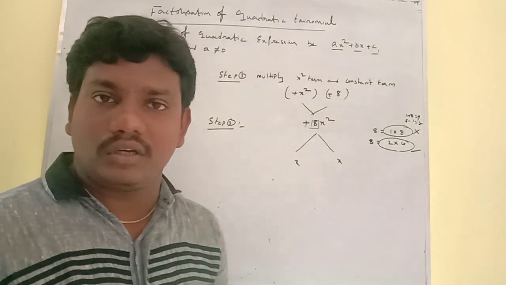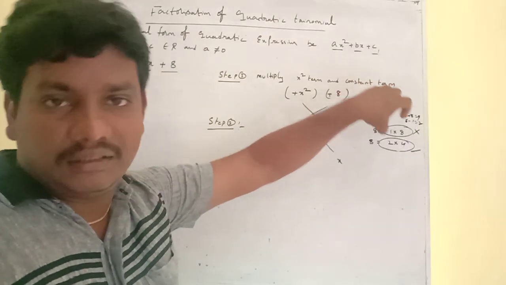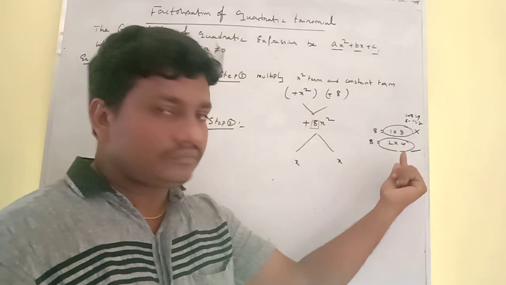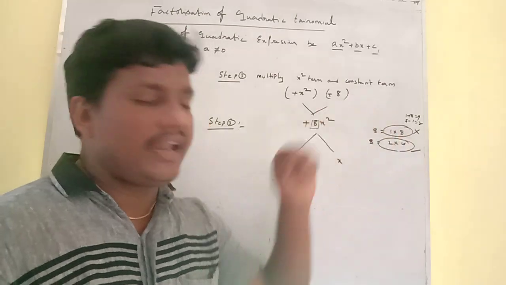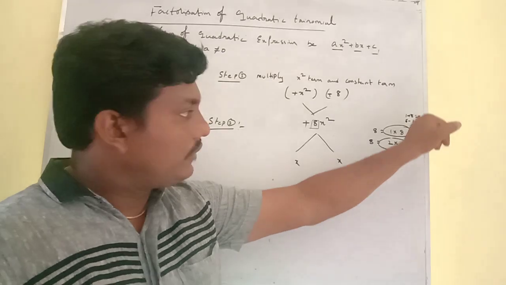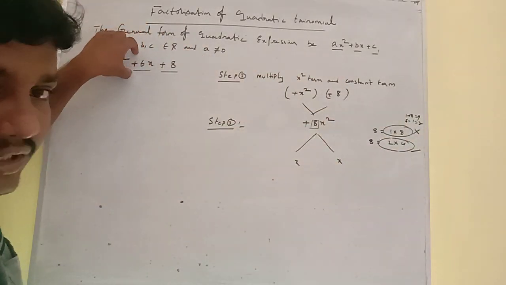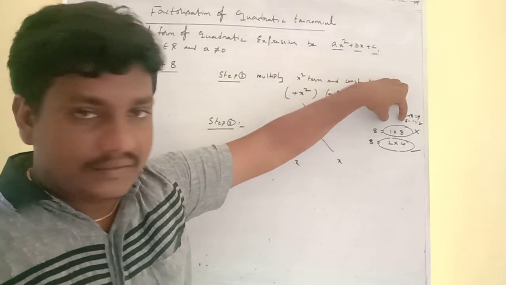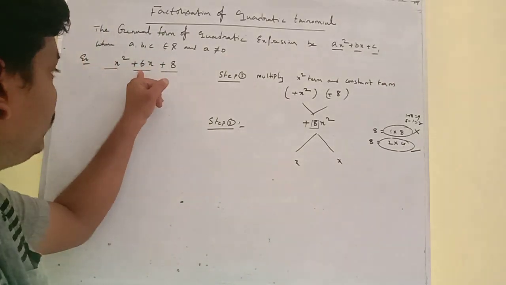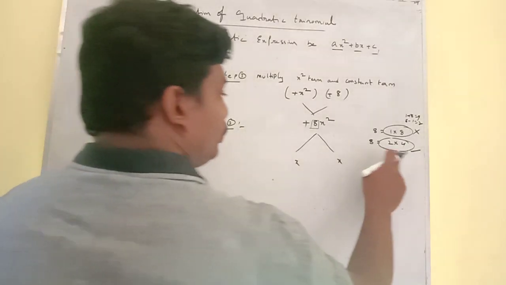Now students, I hope you understand. When are which factors considered? For this product 8, there are two pairs of factors. The first pair is 1 and 8, but their addition is 9 and subtraction is 7. If 9 or 7 were present in the middle term, then we would consider these two factors. But here we consider 2 and 4, because 2 plus 4 is 6. Yes, 6 is present, so definitely we can split. So 2 and 4 are taken.